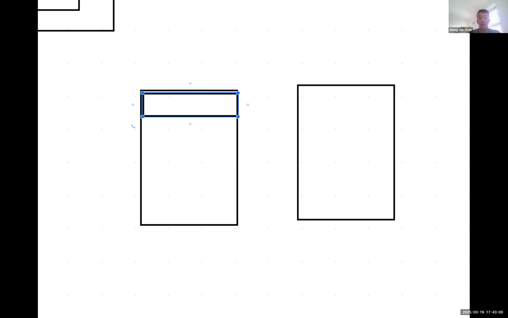Okay. So let's say this is the user table. And let's say this is the follow relationship table, which is also a weak entity, right? And we'll have